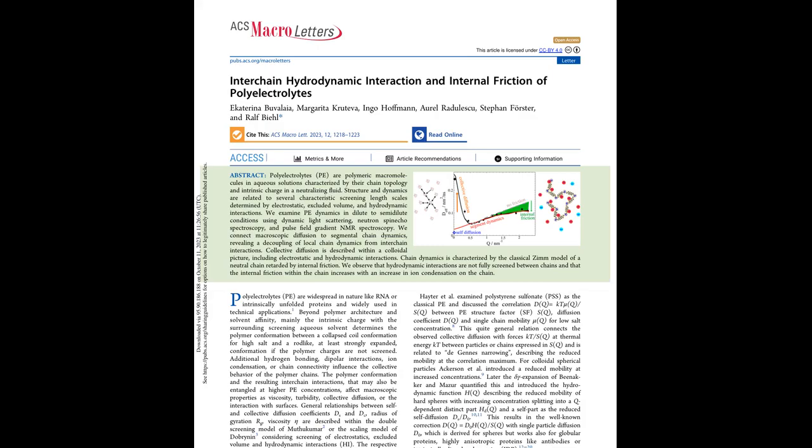The key question addressed is how macroscopic properties like collective diffusion correlate with segmental chain dynamics, especially under varying ionic conditions. To explore this, the authors use a combined experimental and theoretical approach. They measure collective diffusion using dynamic light scattering and self-diffusion via pulsed field gradient nuclear magnetic resonance. On a more microscopic level, they use neutron spin echo spectroscopy to probe chain segment motion, interpreted through the ZIM